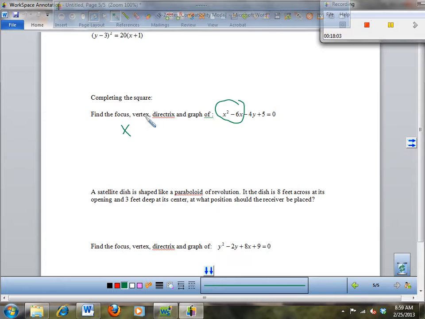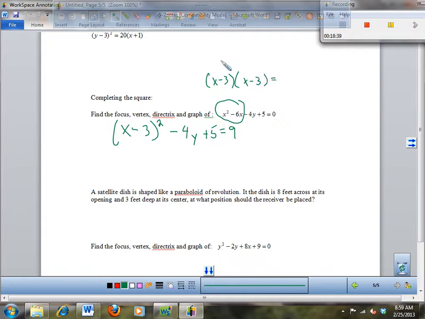3, thank you. 3, half of 6, which is 3. (x - 3)^2 - 4y + 5 equals... how much did I add to this when I completed the square? 9. Okay, so since I added 9 on this side, I need to add 9 on that side. You guys see why? Because if I FOIL this out, (x - 3)(x - 3),